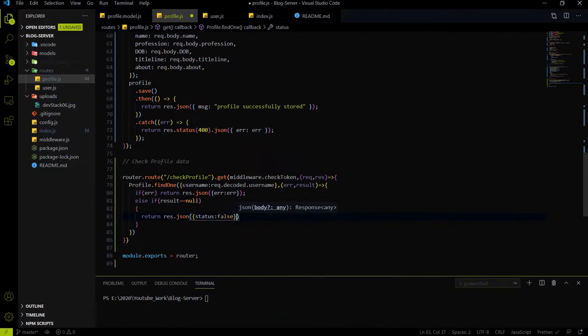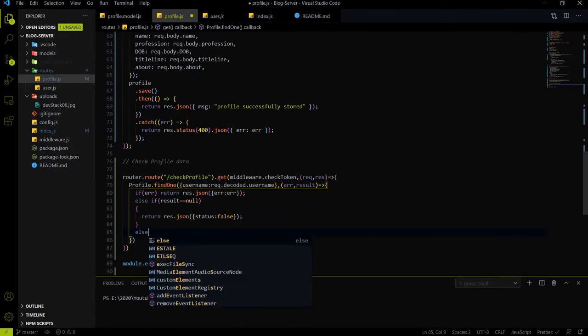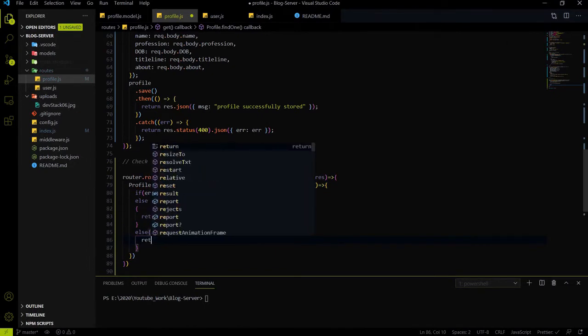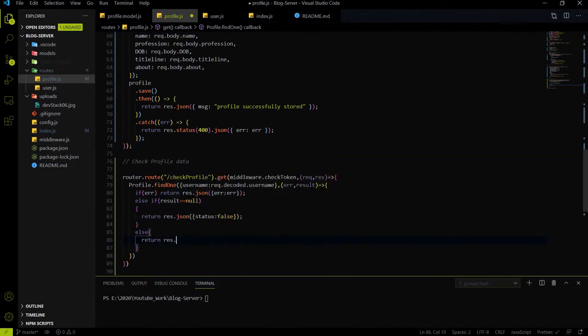It means that we don't have any data. Same thing we did for the check username. And else if the data is available, it means we have to return a response with the status true. It means the data is available.